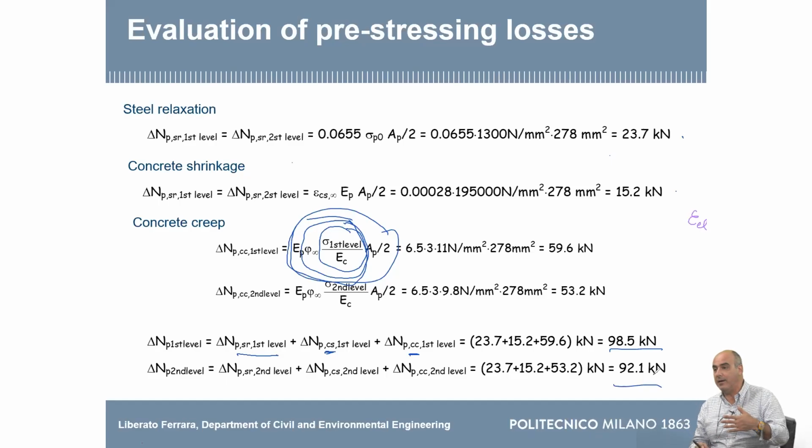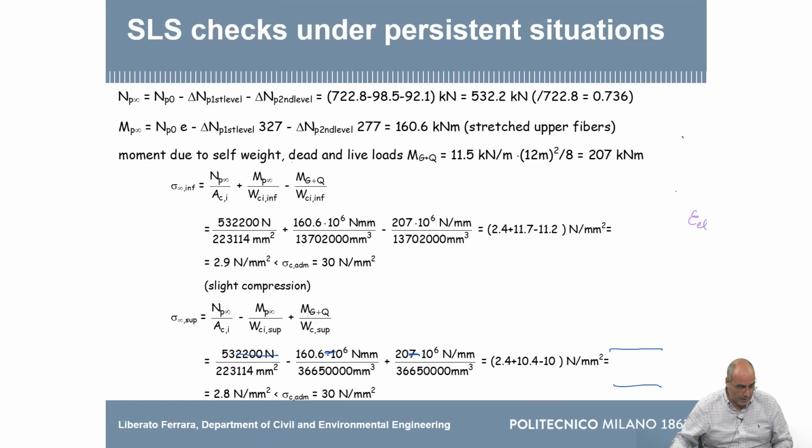You see that they are higher at the bottom level because the concrete at the bottom level is experiencing higher stresses. If you calculate your N infinite with respect to N0, you see that the ratio is 0.736. I estimated before N 0.7. That was a rough estimate, but at that moment, I didn't know how to do that. Obviously I put 0.7 because I knew from experience that the range is that